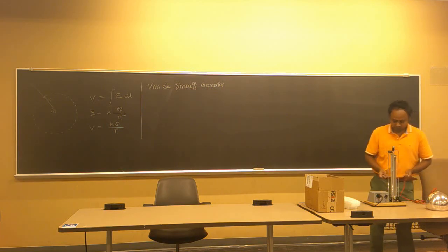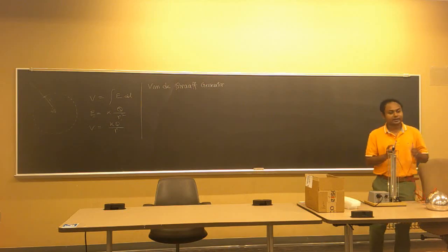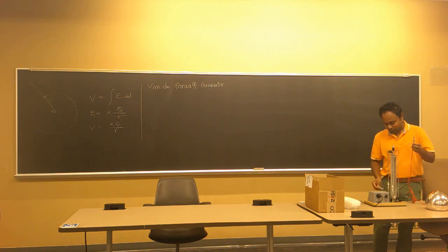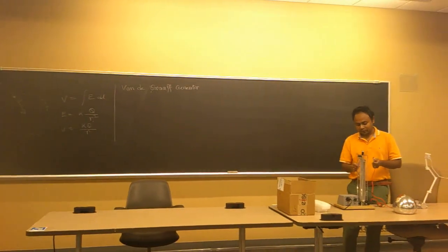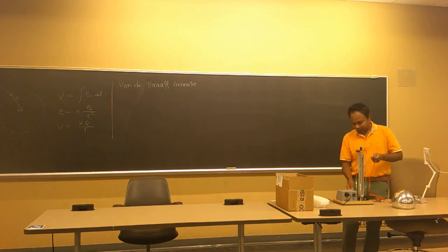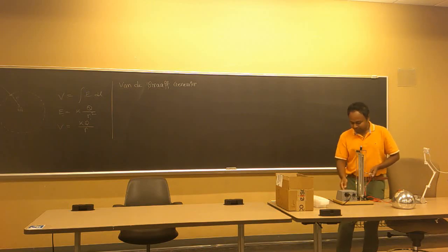So what we're going to do is connect the positive and negative terminal of this voltmeter with the ground and this metal guy. As I said, because of the friction, this metal guy is going to get some charges and the ground is going to get the opposite charge. So if I connect them and begin rotating the machine,